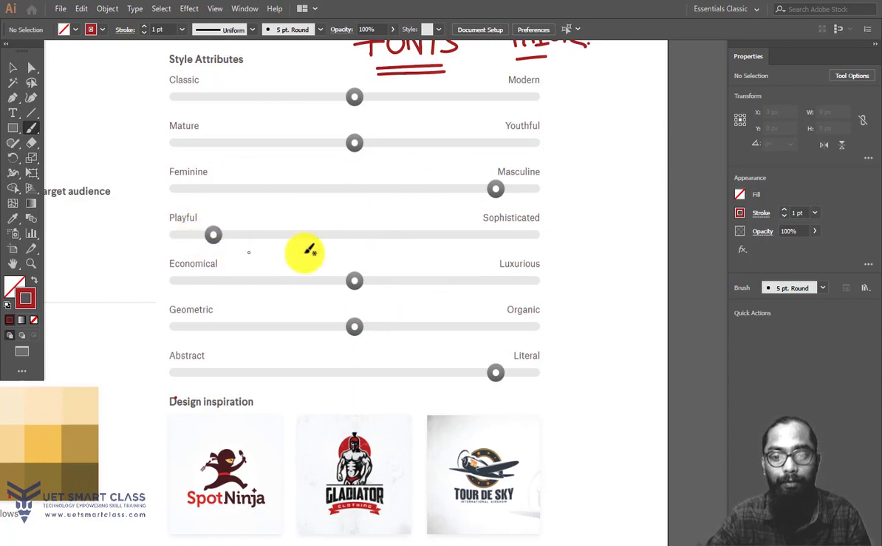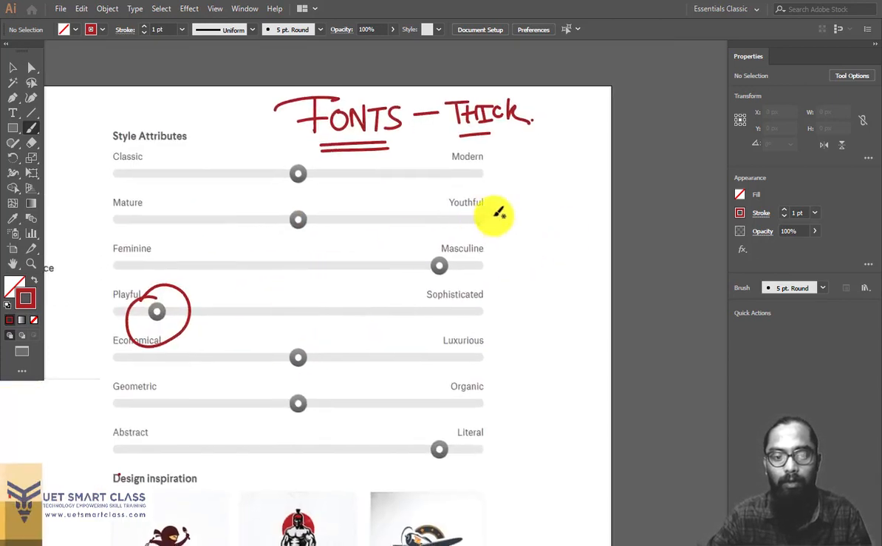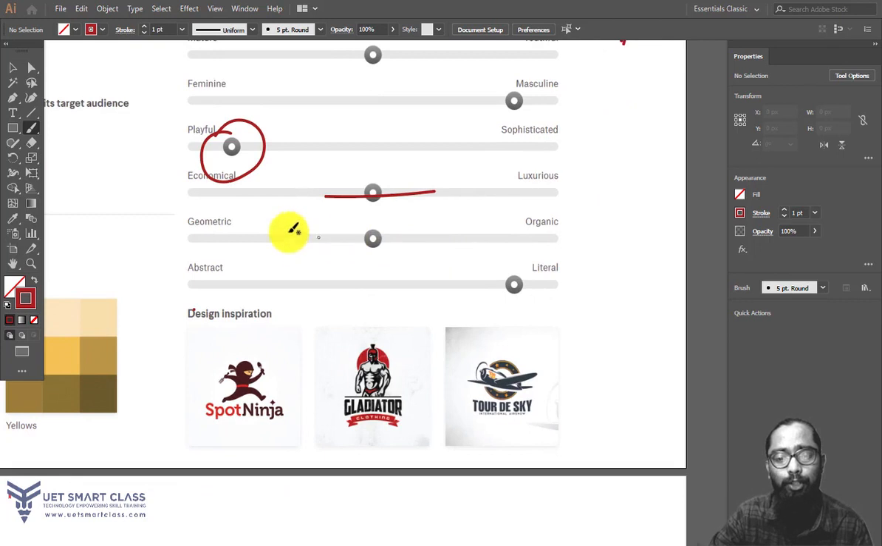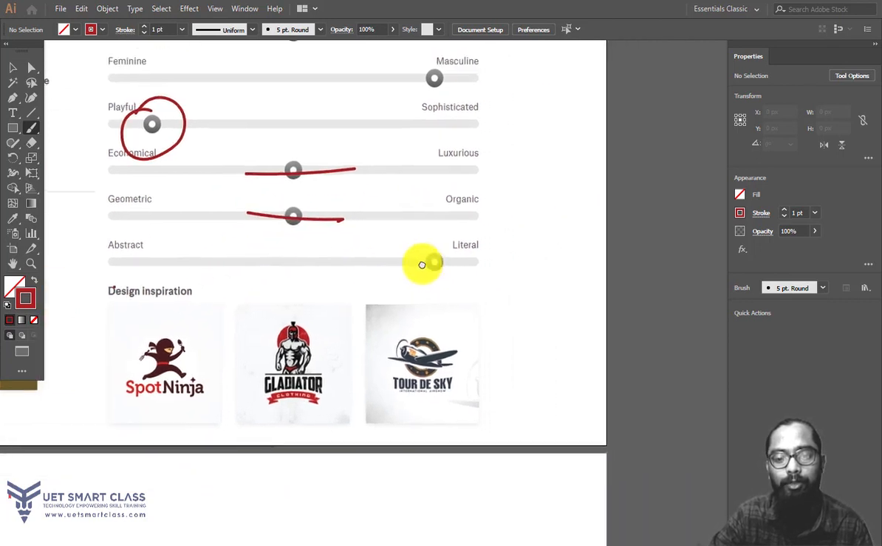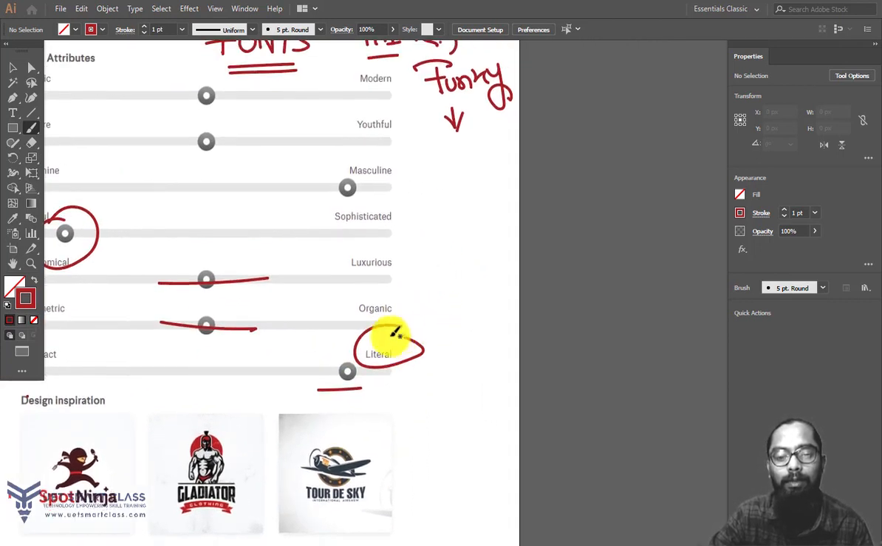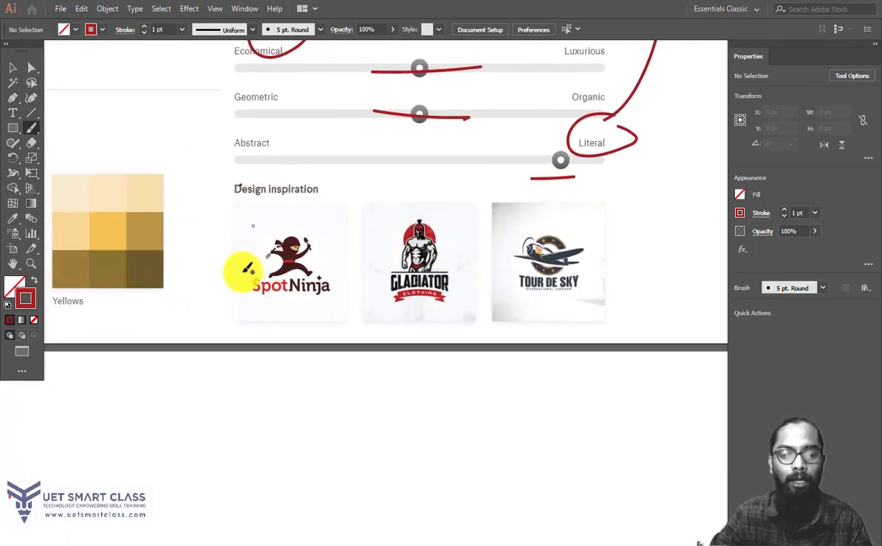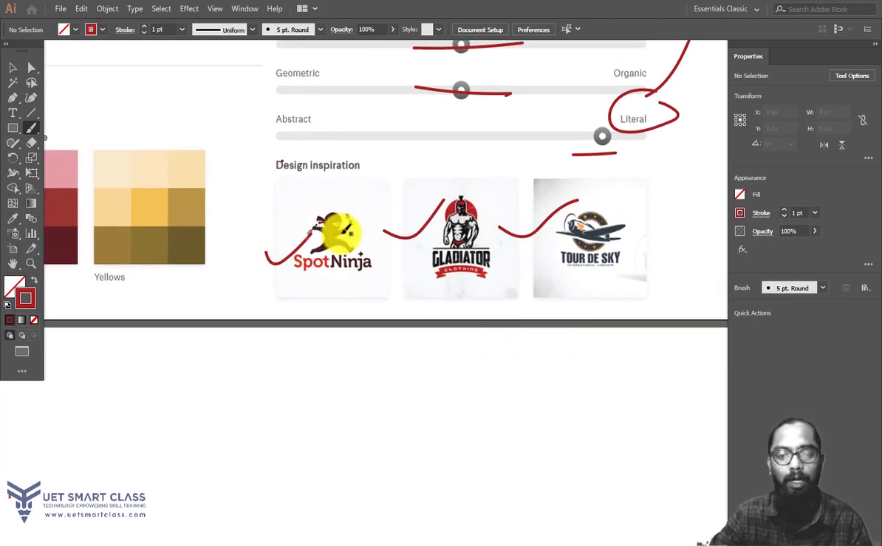Then playful, sophisticated, playful. Then from this to funky. Next, economical, luxurious, balance, geometrical, organic, balance, abstract, literal. So something meaningful. Fine. So this is the way, and the design inspiration is this kind of simple design,